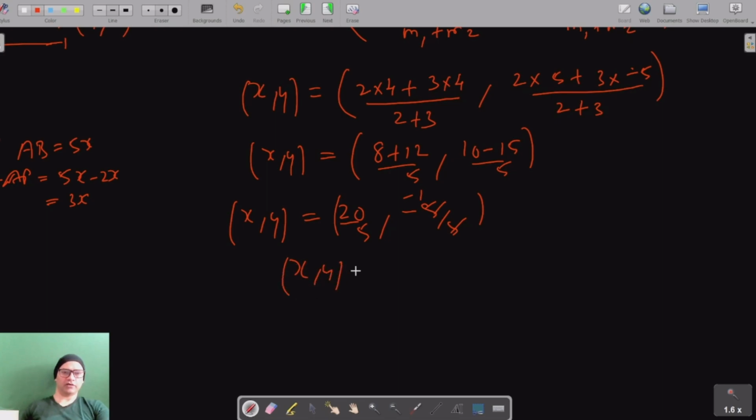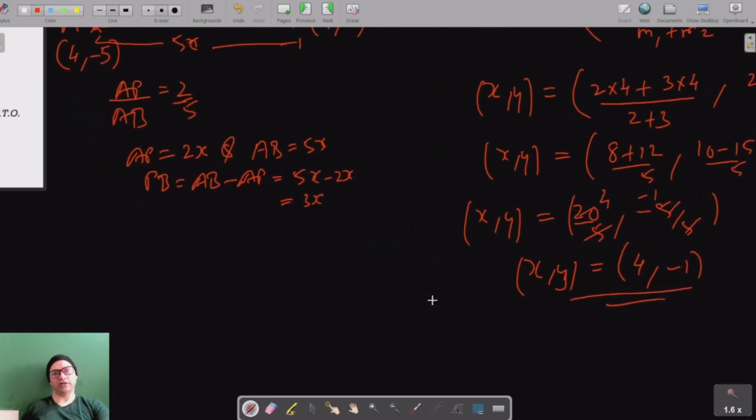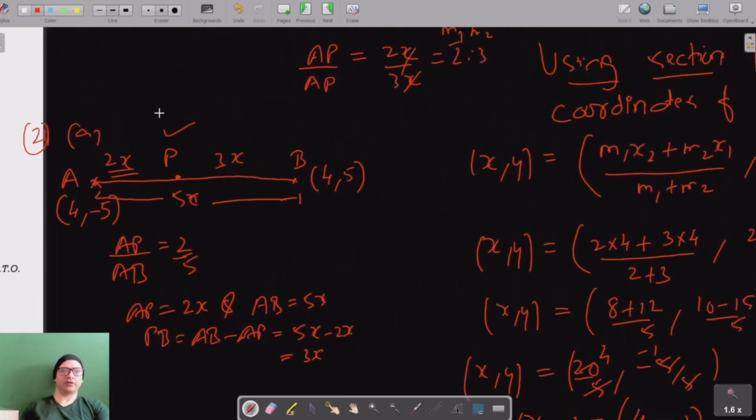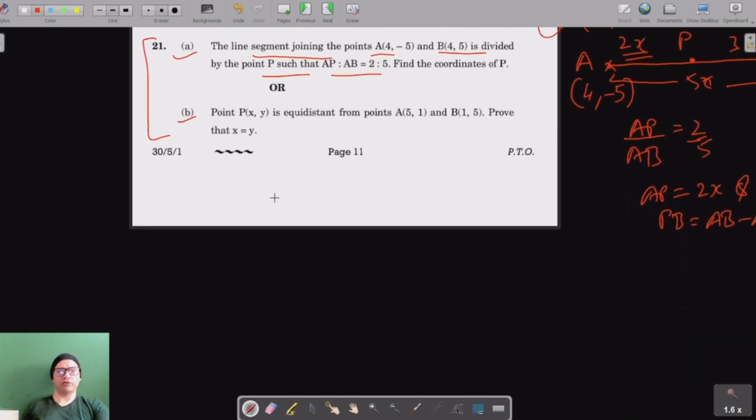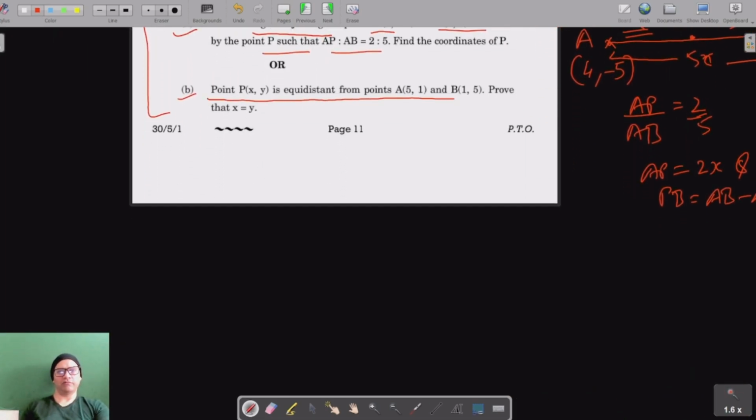And finally, our coordinates x comma y are 4 comma minus 1. So these are the coordinates of the point P. Let's move on to part B, which says that point P is equidistant from points A and